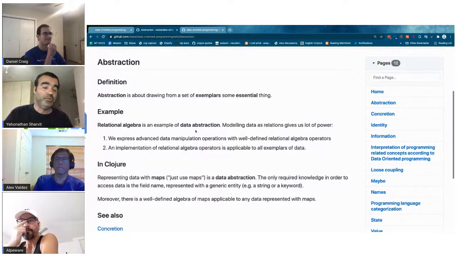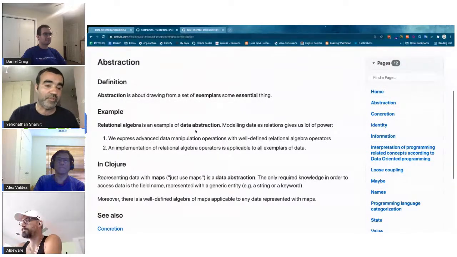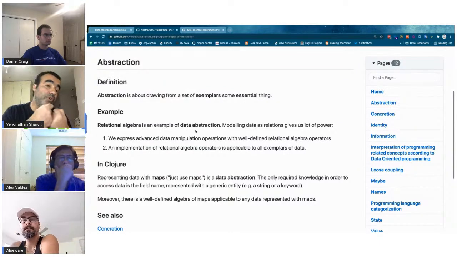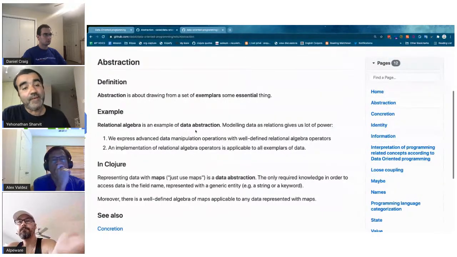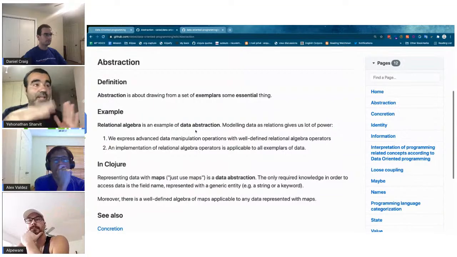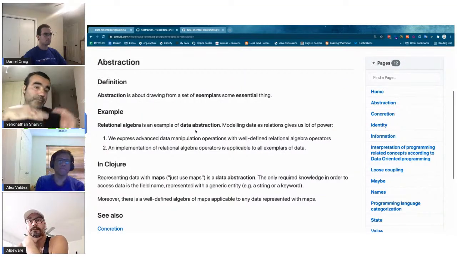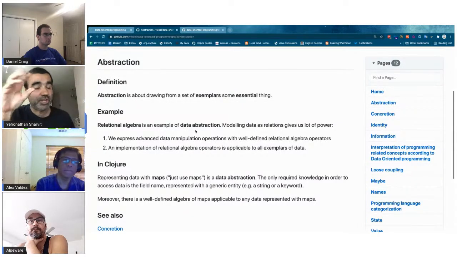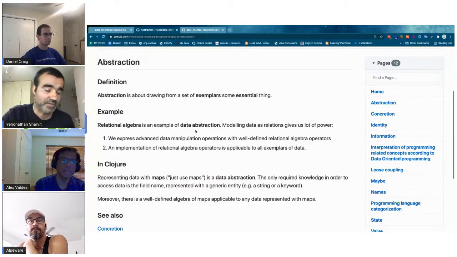All the functions that we have in the Clojure core library are abstract. In a sense, it's a data algebra, and it's available for us as soon as we agree to represent our data as maps. And I don't know if it's clear. Can you see the connection between what we do in Clojure when we use maps and what SQL and relational algebra give us? Does it make sense?